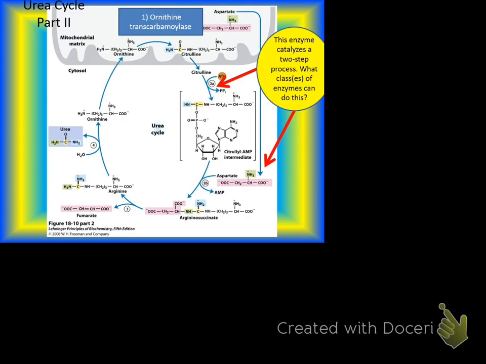All right, so the next step is where citrulline then goes out to the hepatocyte's cytosol. And it's the same enzyme that does two processes, where the intermediate does not leave, similar to the way that we had aconitase in the citric acid cycle. So we make this, another one that's hard for me to say, citrullyl-AMP intermediate, which is one time when we're activating at the expense of an ATP. But instead of adding a phosphate, we're adding the AMP part. But it's still a great leaving group.